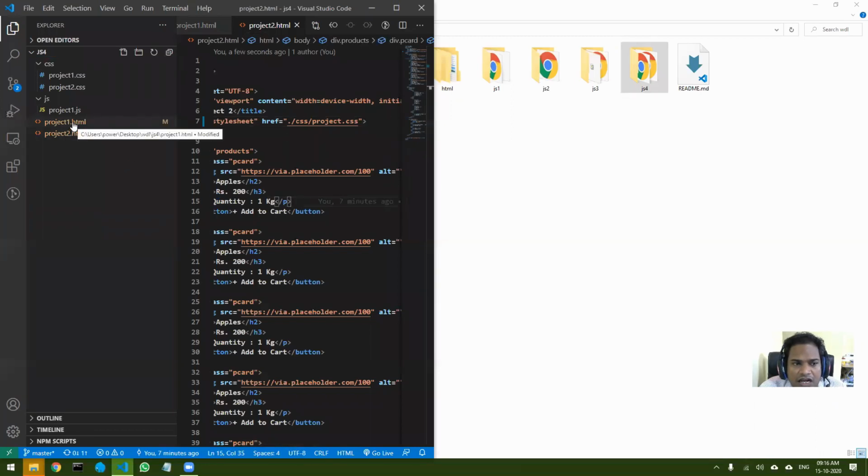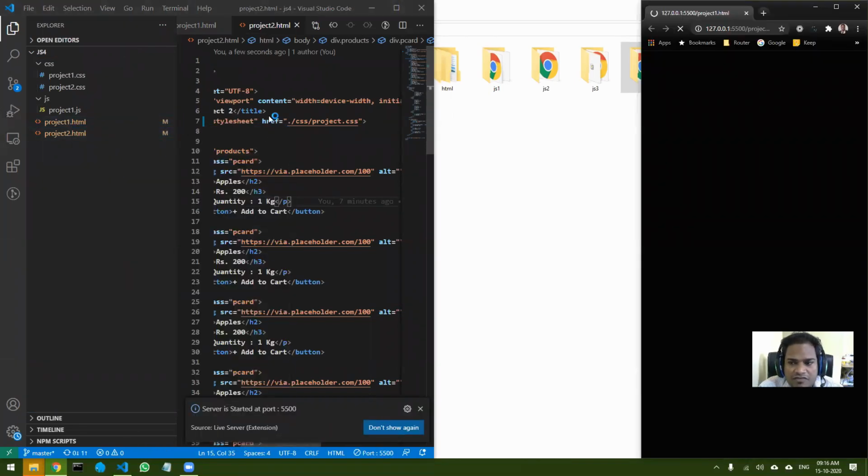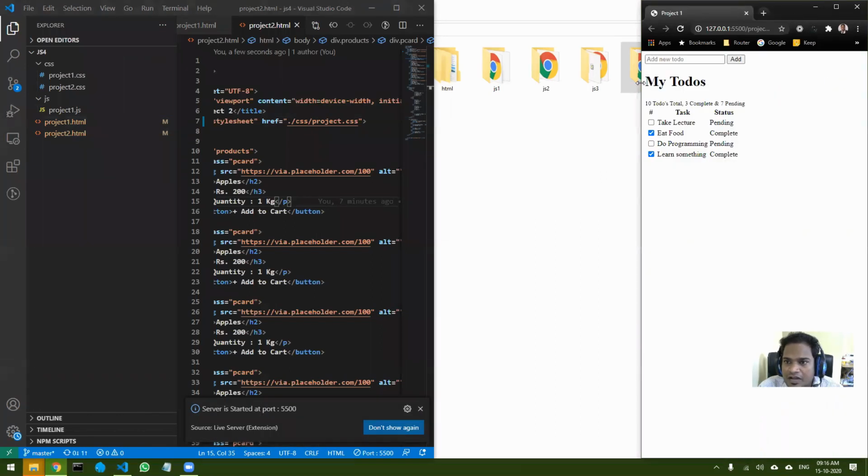And tomorrow we will see, if anybody gets it working successfully, then well and good. Otherwise we will see tomorrow. Okay, so let's start this project. I will open it with live server, and this is how the project looks.